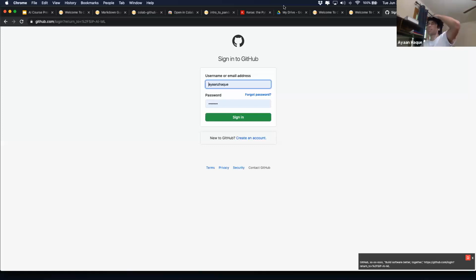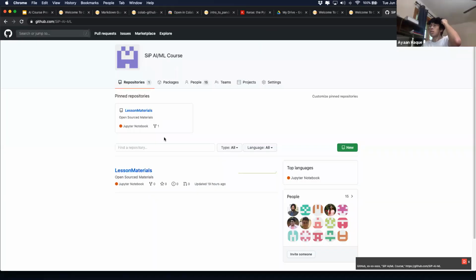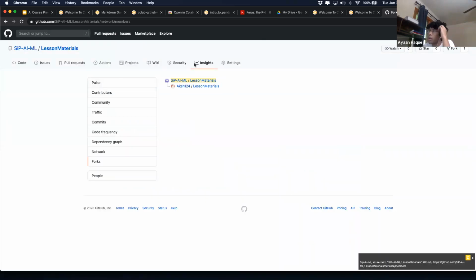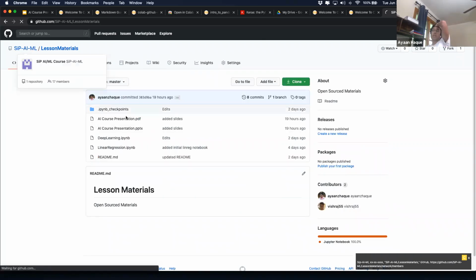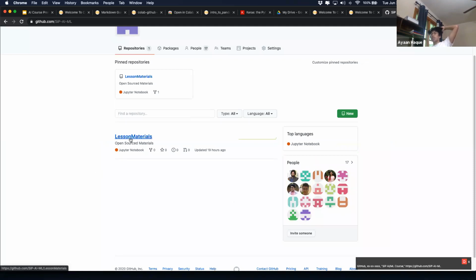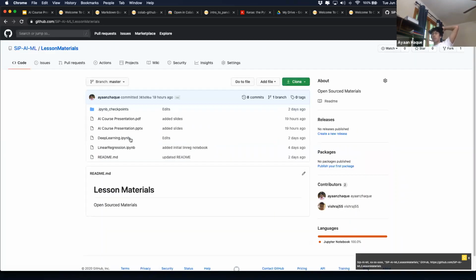Okay, so while Viraj adds all of you guys in, here's what's really important. You don't need to fork this, but this is the organization. Right now it just has one repository, and this repository is what me and Viraj will put all our presentations, all of our notebooks, and all of our code in.